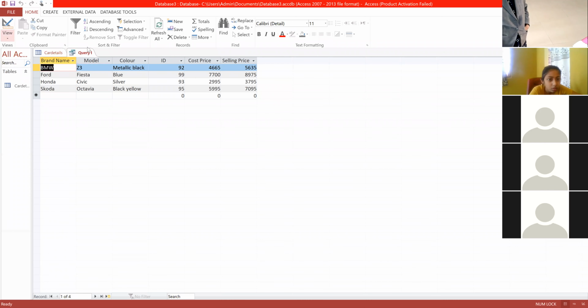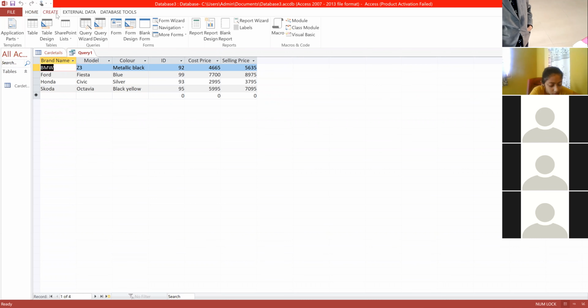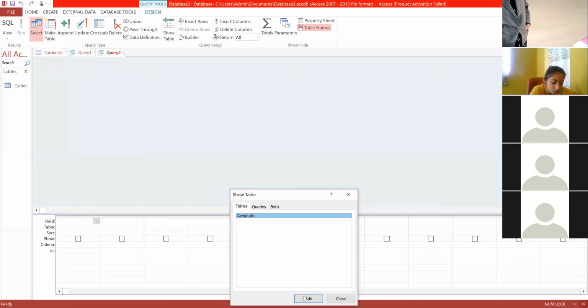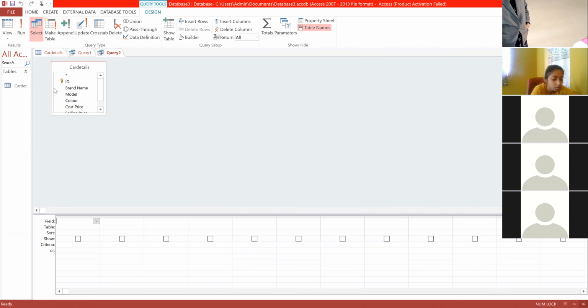Similarly, we'll create one more query. Same car details, same brand name we'll take. Ma'am, I'm not getting the blank database, but I'm getting student logins and some tables. Okay, you can do it, no problem. Now here I will use selling price.